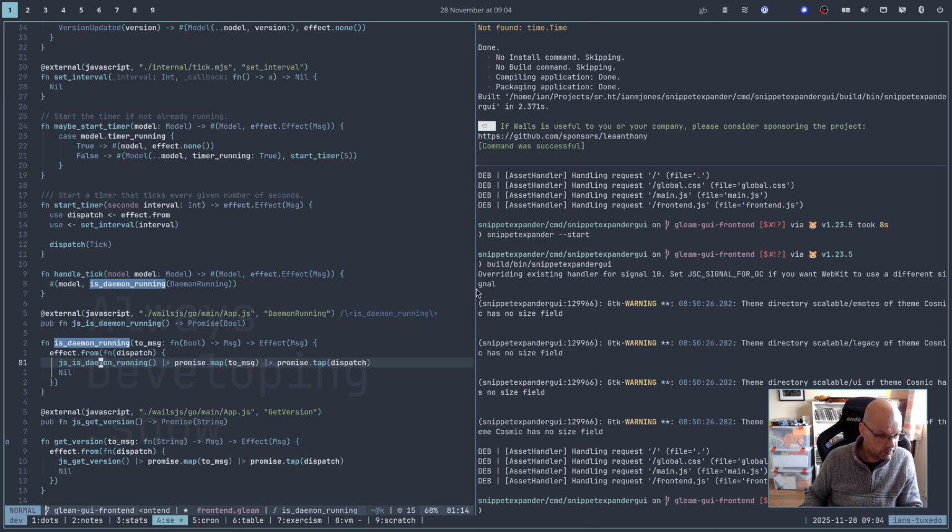go use the IPC call to check, get the promise back, pass the value from the promise into a message constructor, and then on the back of that, tap into that promise and pass that into a dispatch. So we're dispatching the effect, which says basically the daemon is or is not running. And that's